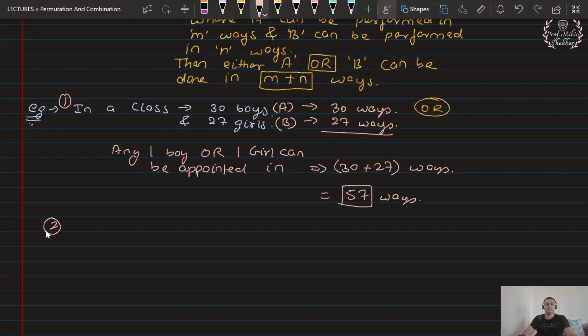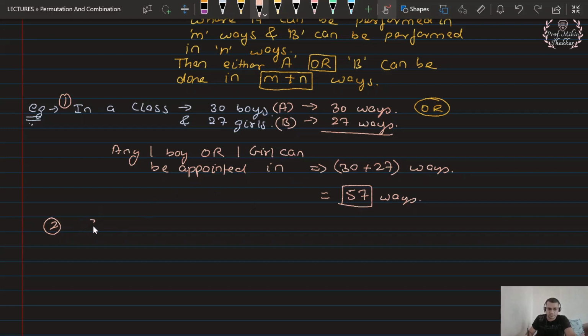Example 2. Suppose you go to a store which is having some ready-made garments and you want to purchase, let us say, a t-shirt for yourself. So you will tell the shopkeeper, sir, this is my size and this kind of a t-shirt I am preferring. So he will show you the rack of t-shirts of your size and the preference that you are telling him, designer or probably simple or whatever you tell him. Depending on that, the shopkeeper will show you, see madam, these are the different kind of options that we are having according to your choice. You select any one or as much as you want.